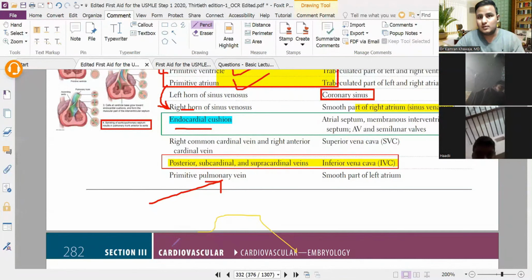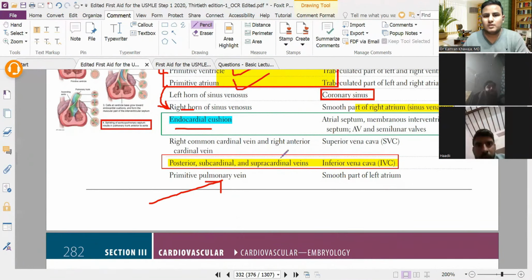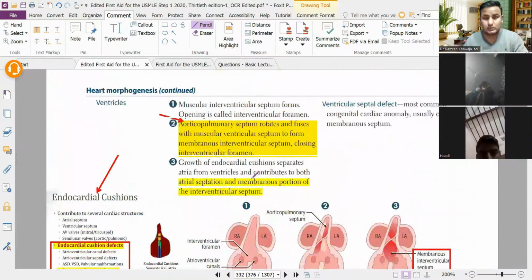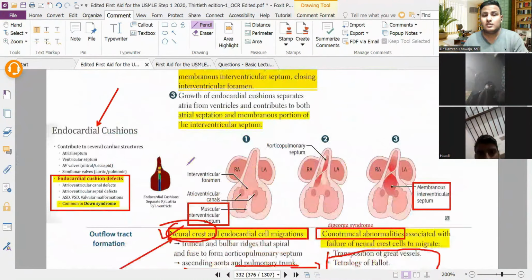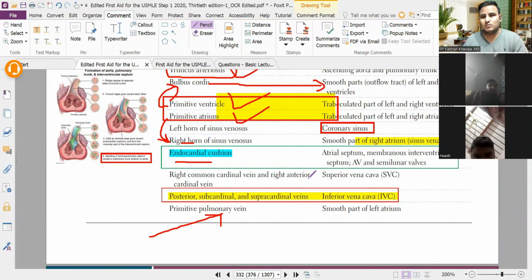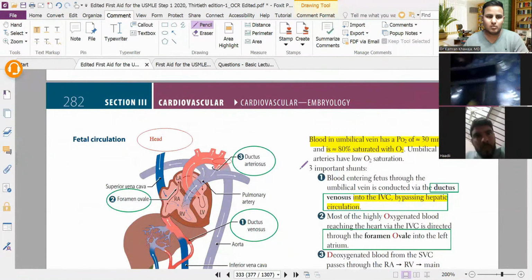फिर उसके बाद आपसे पूछे कि अच्छा, आपने मुझे सारा हार्ट, राइट एट्रियम बता दिया, लेफ्ट बता दिया, राइट वेंट्रिकल बता दिया, लेफ्ट वेंट्रिकल बता दिया, तो इंफीरियर वेना केवा और सुपीरियर वेना केवा कौन बनाएगा? उन्होंने तो ब्लड लेके आना है। कार्डिनल वेन, जो मैंने यहाँ डिस्कस किया था आपको। ये जो कार्डिनल वेन्स हैं, ये हमारा वीनस सिस्टम बनाती हैं। ओके, राइट कॉमन कार्डिनल और राइट एंटीरियर कार्डिनल वेन सुपीरियर वेना केवा बनाती हैं, और पोस्टीरियर कार्डिनल वेन इंफीरियर वेना केवा बनाती है। ठीक है, शायद वो इधर नहीं लिखा हुआ, आप बेशक नोट कर लें। पोस्टीरियर कार्डिनल वेन इज मेकिंग इंफीरियर वेना केवा।